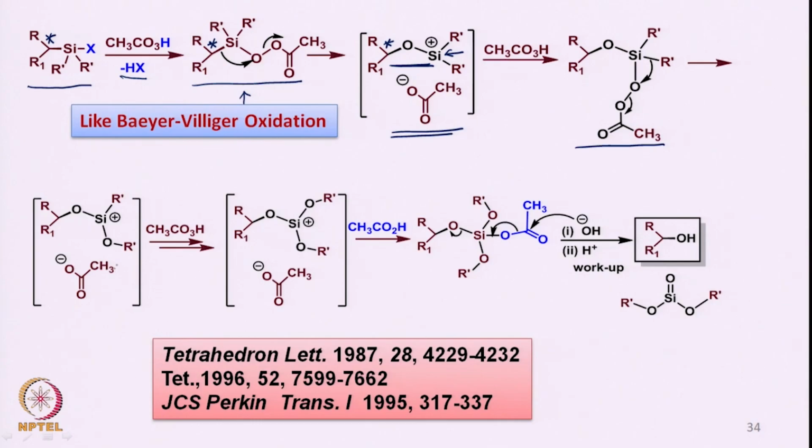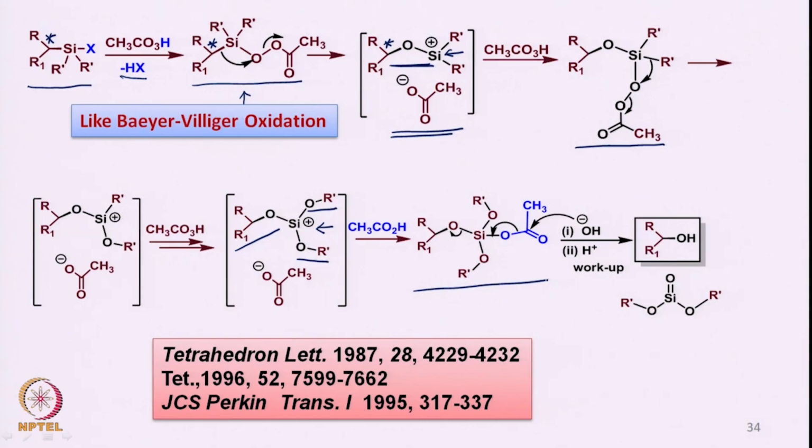With the first R prime you get the transfer like this to give the substrate, which is again attacked by the peracetic acid to eventually give, via Baeyer-Villiger oxidation, the two OR primes here. So we have one OR group, which is derived from the alcohol, and then two OR primes from the silicon substituents, and then the acetic acid attacks onto this silicon substrate,